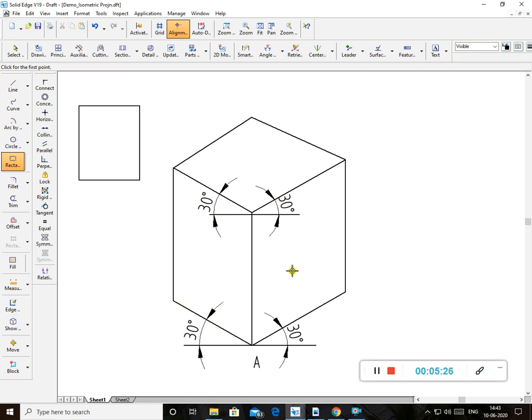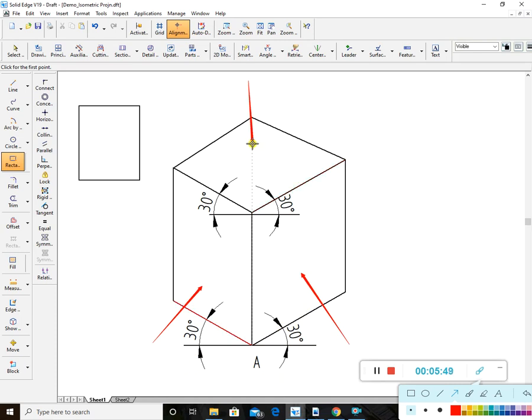Now in this cube, I want to say three things here. This is the point where I tilted the object. See here, this is called the front view, if I consider, and this is called the side view. If this becomes the front view, this becomes the side view, and this becomes the top view. See the plane, this plane we call an isoplane. This is also called an isoplane.